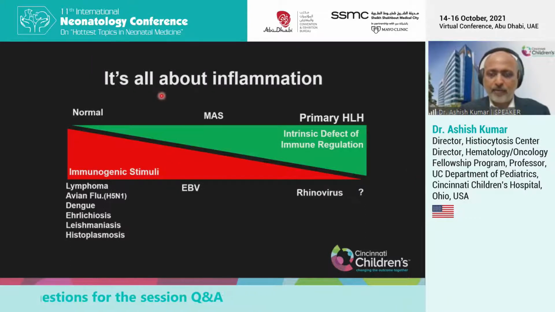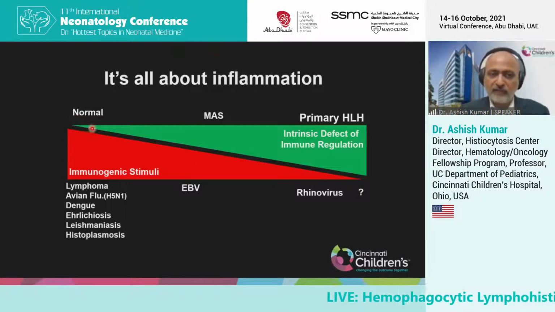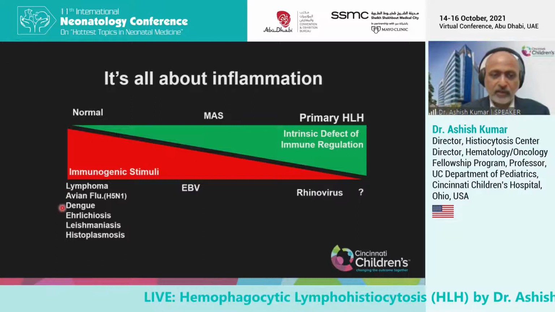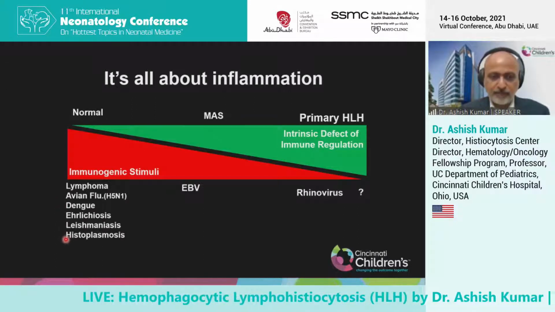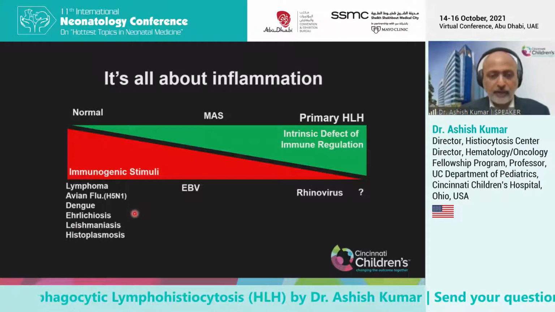And that can happen if you have a primary defect in the immune system. Even with a simple virus, you can get full-blown inflammation causing HLH. Or if you go in this diagram all the way to the left, you may have a completely normal immune system, but a very inflammatory stimulus, such as lymphoma. These are all the infections that we commonly see that can cause HLH. And I'm sure there are others,